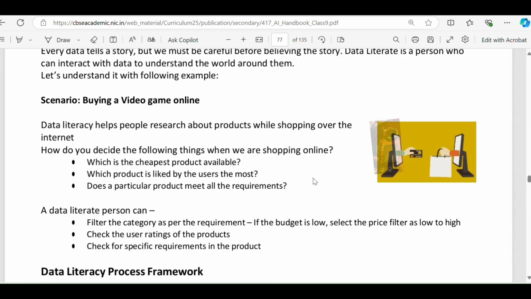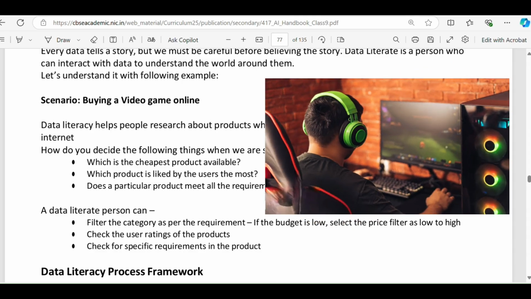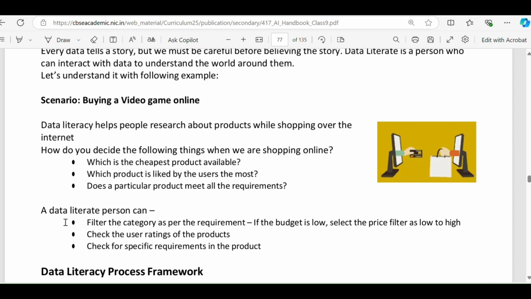You have to select which will be the cheapest product available, which game is having the less price cost, and for the game also how many users are using most. Does this game or that product satisfy all our requirements? These all are the things which we are going to search out whenever we are going to purchase any video game online. This is general questions, but if you are a data literate,